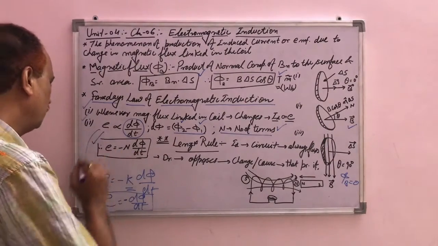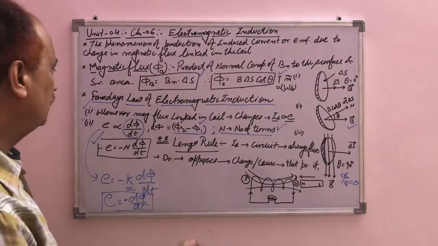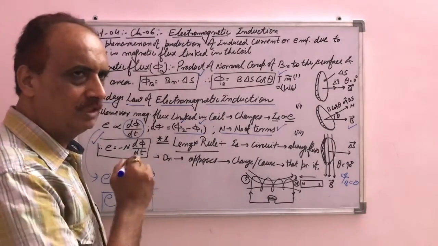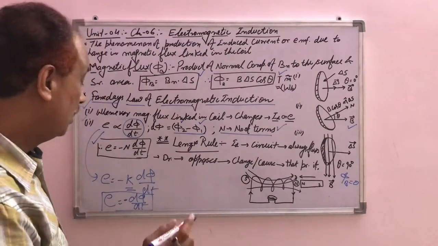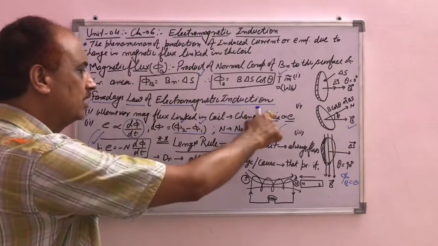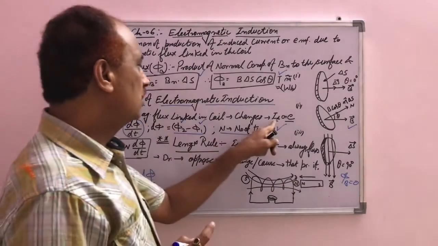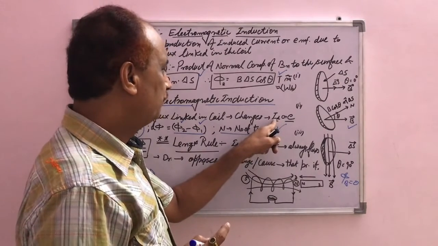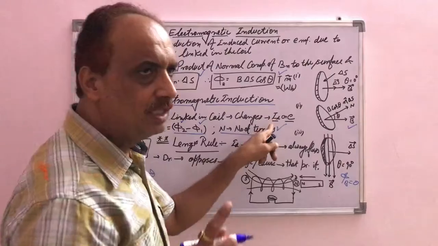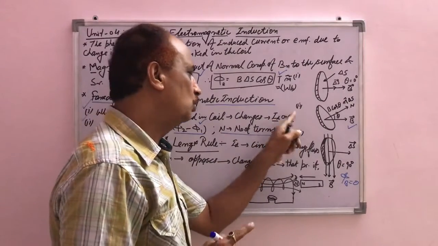So this is the formula of the induced EMF produced in the coil due to the magnetic flux linked in the coil. But only while there is a change in the magnetic flux is an induced EMF or current produced. So due to the change in the magnetic flux, the current flowing in the coil is represented as the induced current, and the EMF produced in the coil is named the induced EMF.